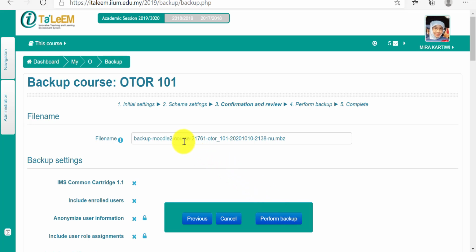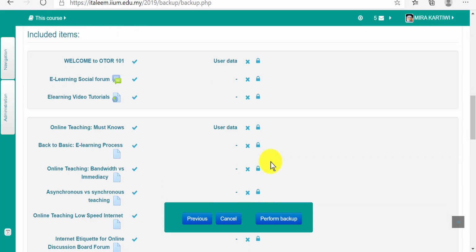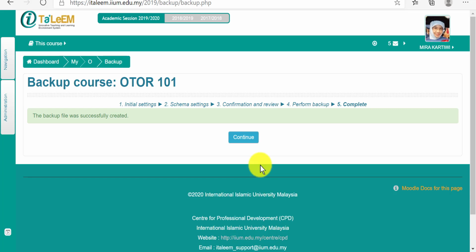So this is the step where we're going to generate the backup. Make sure you put a meaningful name so you know which version of the backup you have created. And then after you check all of the relevant contents have been included, you can click on Perform Backup. Once the backup file has been successfully created, you can click the Continue button